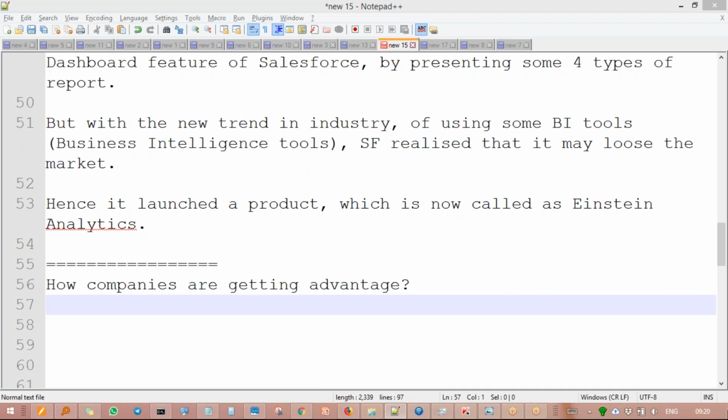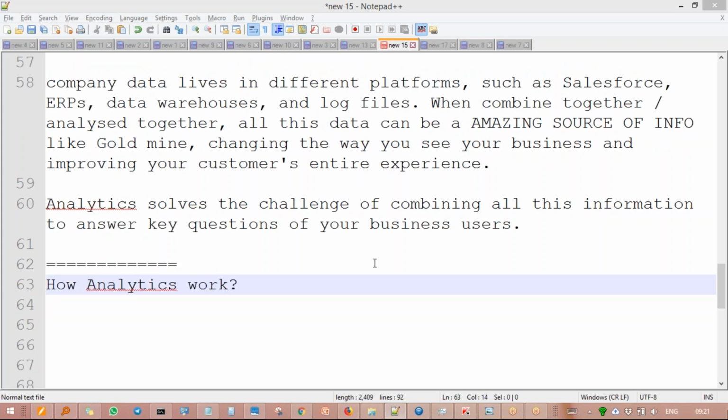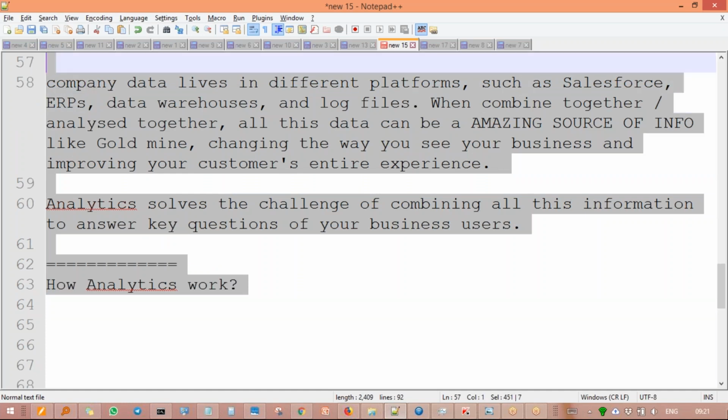Next, now how analytics will do the work. For this also I will give you a small idea of how analytics works and what kind of performance it's going to deliver. So I just mention here one important paragraph for you to understand what analytics is doing in the market. This way you will get lots of ideas, even though it's not part of the syllabus, but still at least you can get the idea of how people are getting benefit from it.